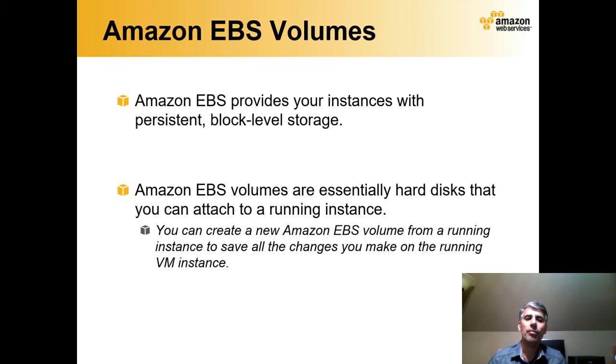Another service related to Amazon EC2 is called EBS, Elastic Block Storage. So the virtual machines that we create in Amazon or in other cloud providers are volatile. In other words, if you instantiate a virtual machine, although it gives you isolation, although it gives you root access, and you can install whatever you want within that virtual machine, but that is volatile, which means that as soon as you terminate the virtual machine, all the changes are gone.